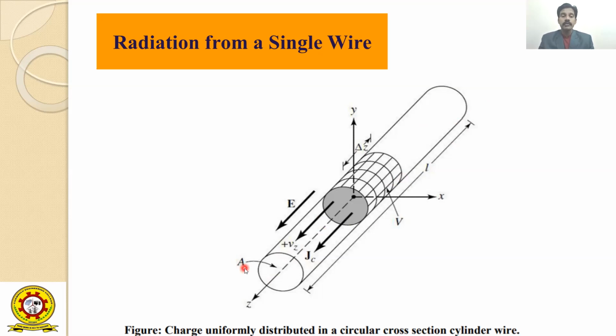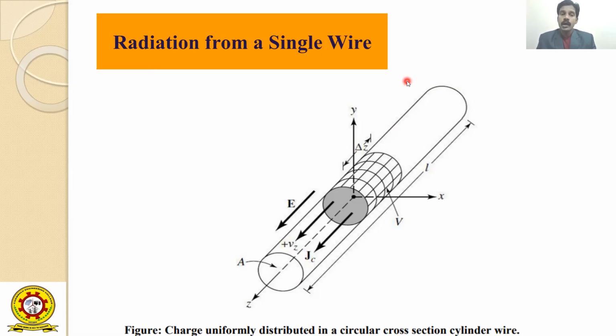A is the cross-section of the wire, with coordinates x, y, z. J is the current density, and the velocity of the electrons is along the z direction, with displacement of electrons throughout this body. To indicate the radiation in a single wire, it can be explained with this small schematic that shows the fundamental idea of radiation, where radiation comes out from an ordinary single wire.